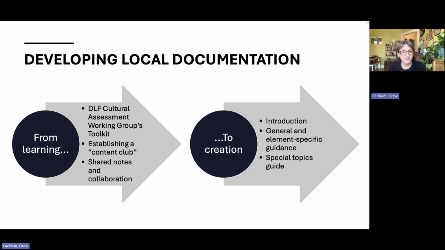The third section of this document is the element-specific section. This is really the meat of the document. It's based on a table that's based on local metadata standards. Locally, we use MODS XML, which is very similar to DC, or Dublin Core, if you're more familiar with that. It includes directions and examples for titles, abstracts, names, notes, subject, language, and genre